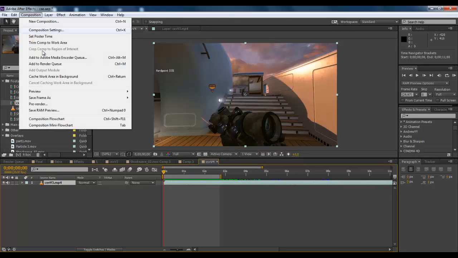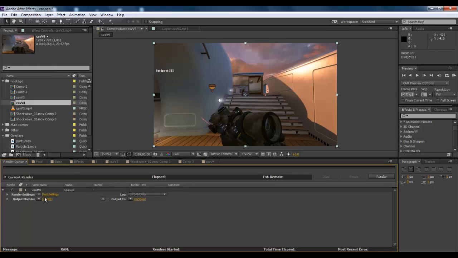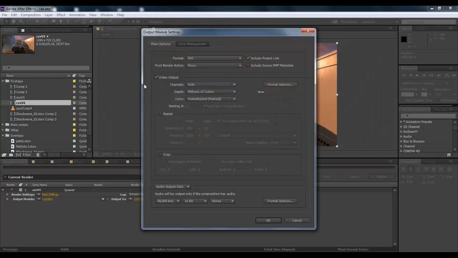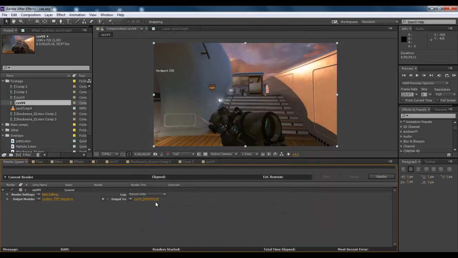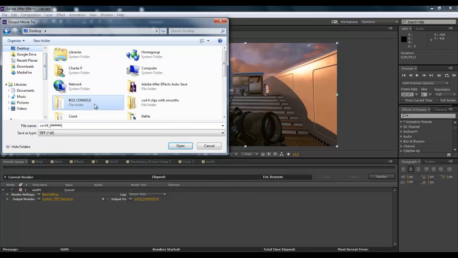So now I'll go into composition, add to render queue, and I'll just delete those. In output module, click on lossless, format, go to TIFF sequence, click on OK. Now output, choose wherever you want it to be. So let's say,